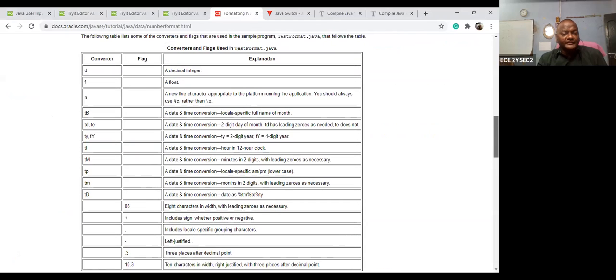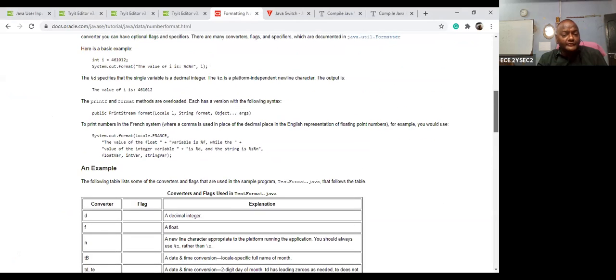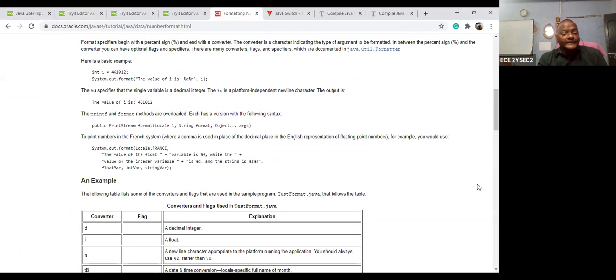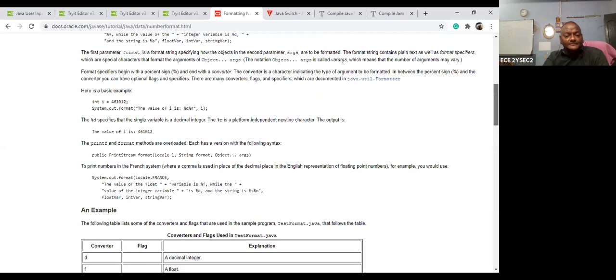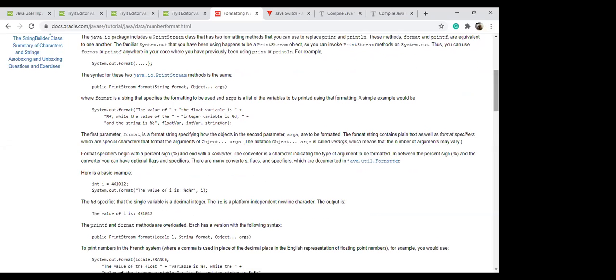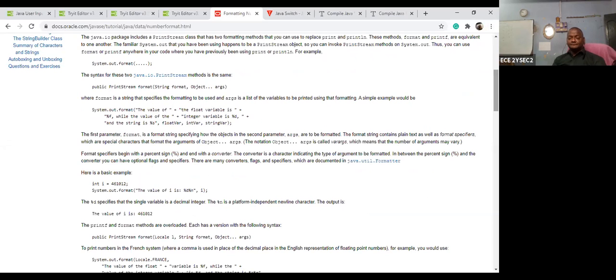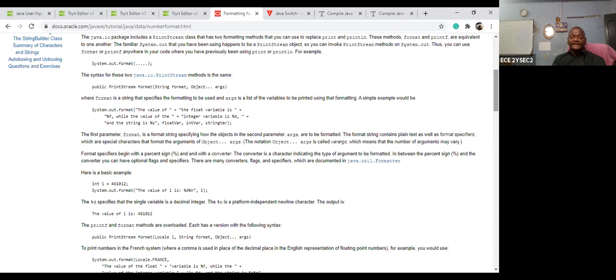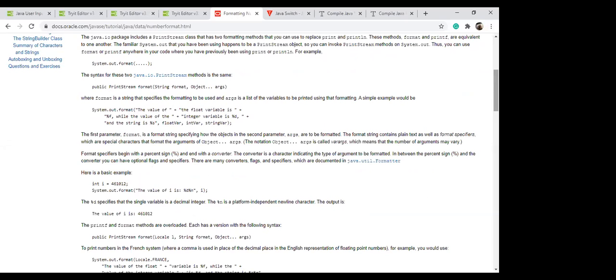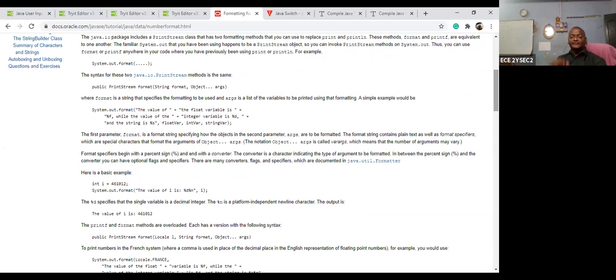So these are all the different methods. Please see this. This is a basic example. Suppose you want to display an integer value. In the C language, you use percentage D for an integer value. For a floating value, you use F. For a double, you use the double specifier. And C stands for character.